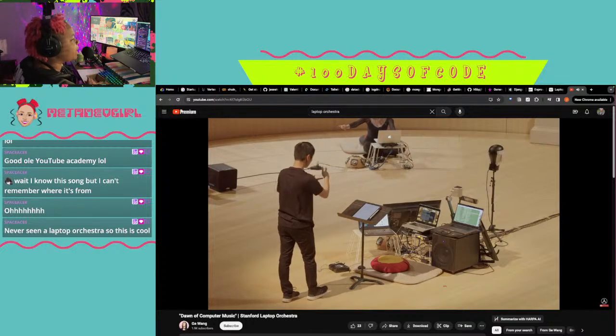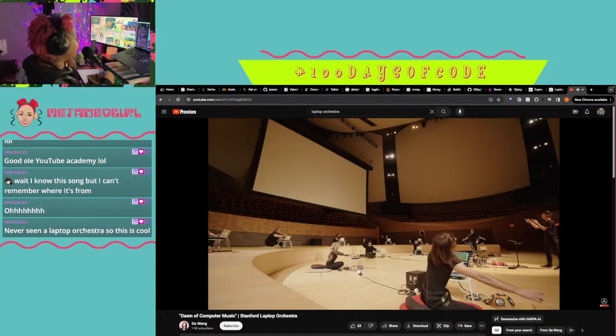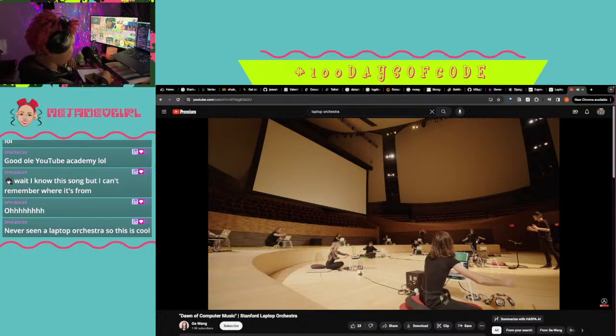I was about to say they had like some string or something last time. Never seen a laptop orchestra, so this is cool. Yeah, I didn't know this was a thing. Today we learned.